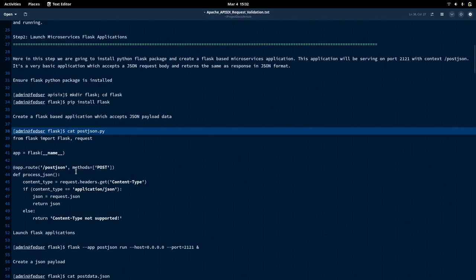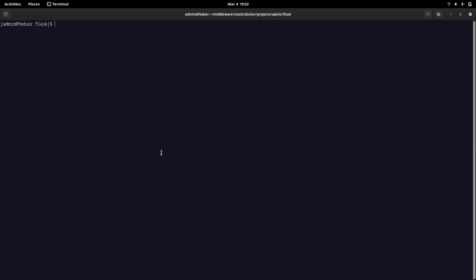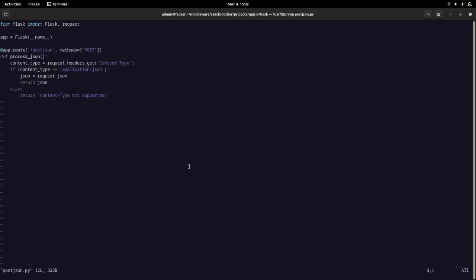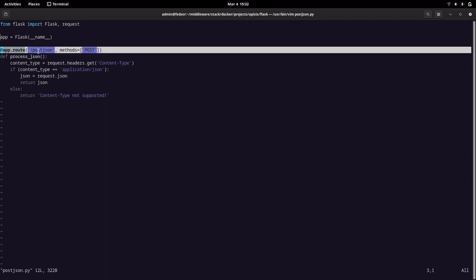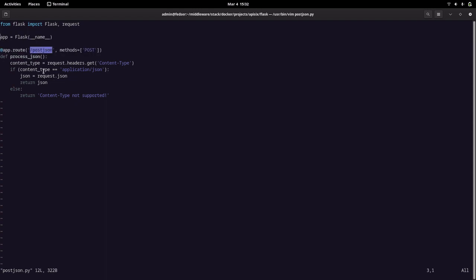Once Flask is installed, we need to create the following Flask application. Let me open this and show you what exactly is happening with this application. This is a very basic application based on Flask, which has a context of /post.json. Whenever there is a request coming onto this context, it is going to